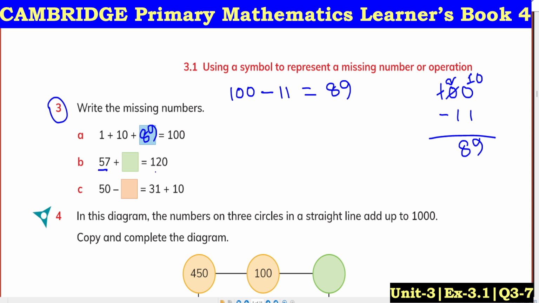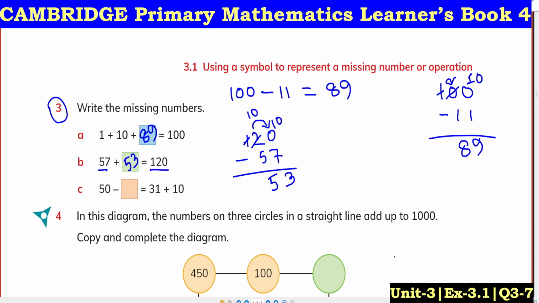Same thing, 57 plus blank equals 120. So 120 minus 57. So here is a 0 and here is a 7. So we should take 1 from here. So it will become 10 and these two become 1, right? So 10 minus 7, it's a 3. But 1 is also less than 5. So we again take in here. So now it's 10. 10 minus 5, it's a what? It's a 5. And we already took 1, so this one is out. So our answer is